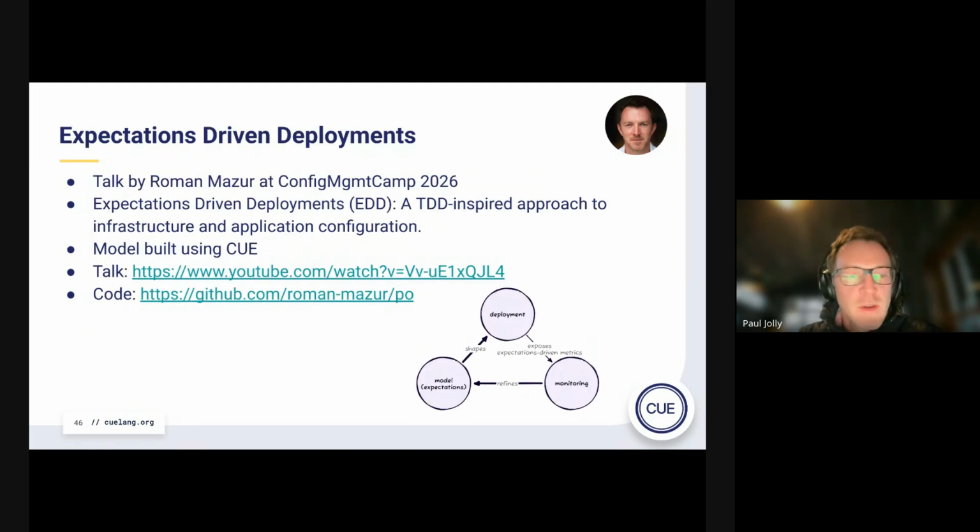Just to mention, a friend of Q, Roman Mazur, who was at Config Management Camp as well, gave a wonderful talk about expectations-driven development, using models that are sketched out in Q to drive what your system should do, and then using that to refine what you're actually deploying in terms of infrastructure.